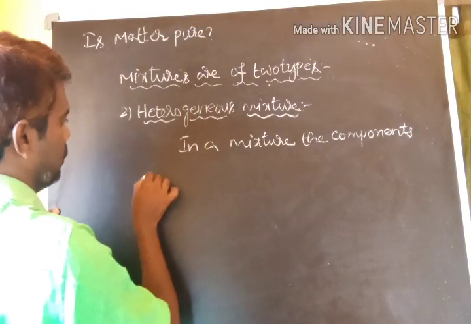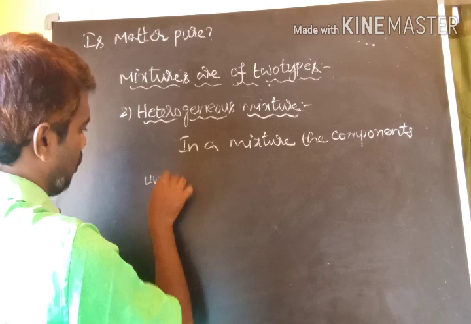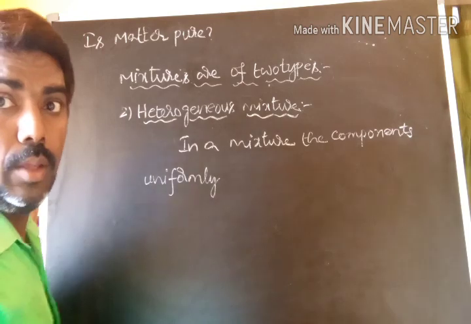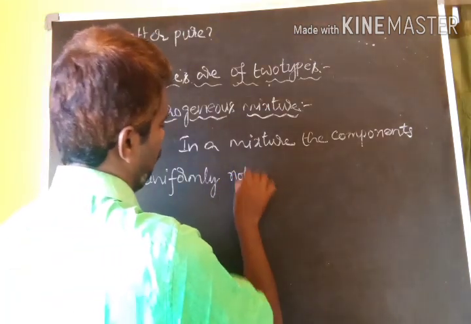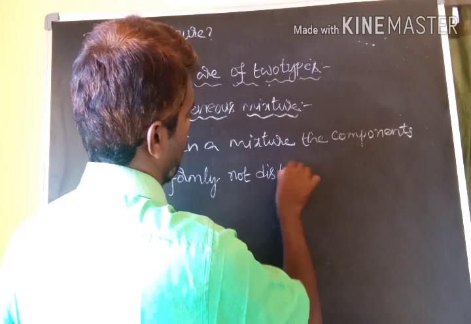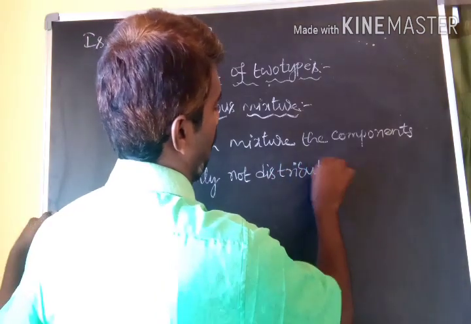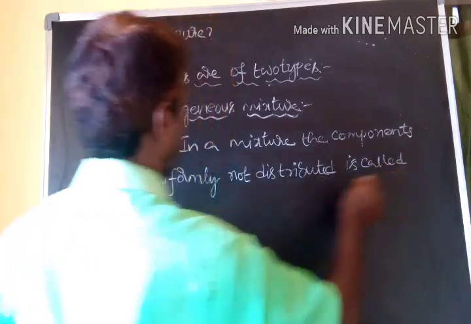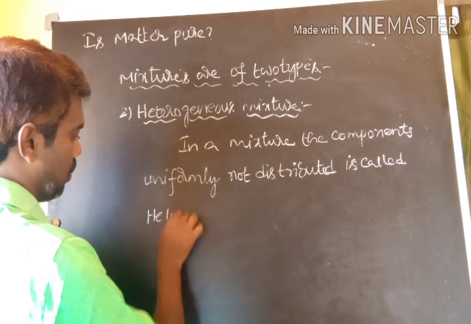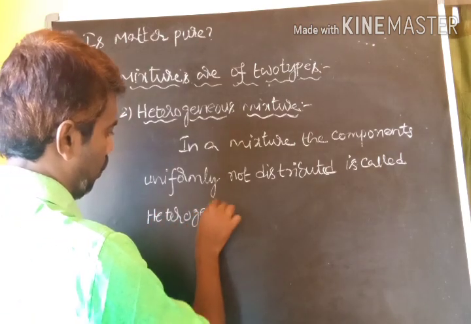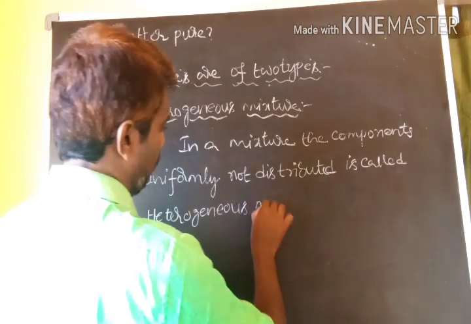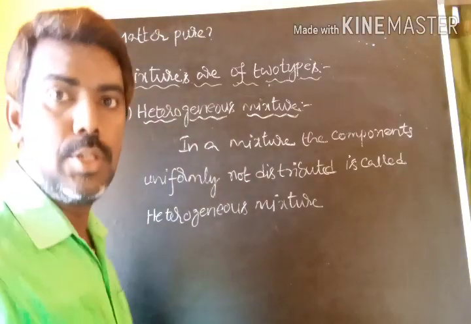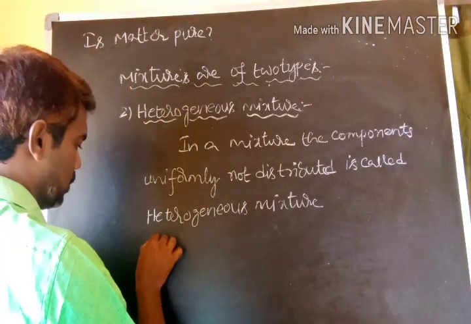The components not uniformly distributed is called a heterogeneous mixture. Examples: